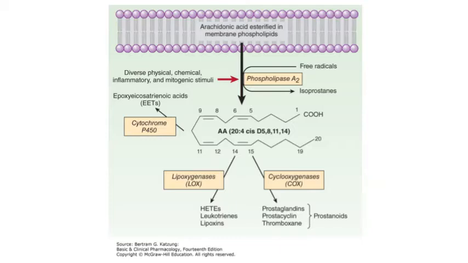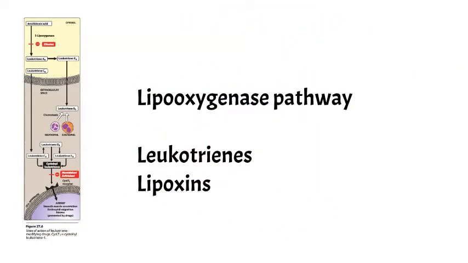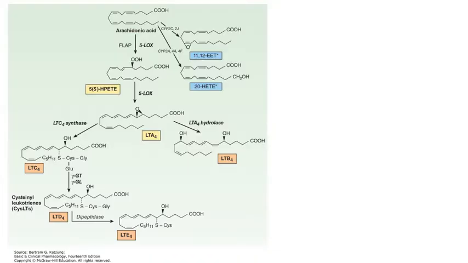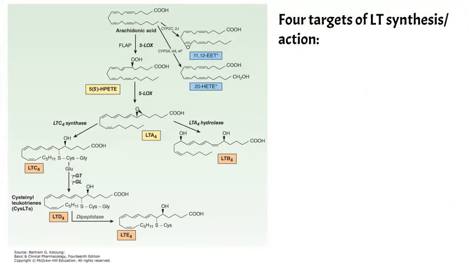Note that LOX and COX compete for the substrates released by PLA2, usually arachidonic acid. The lipoxygenase pathway is responsible for the formation of leukotrienes and lipoxin. Leukotrienes, once known as a slow-reacting substance of anaphylaxis, cause pretty profound bronchoconstriction, white blood cell infiltration, and mast cell degranulation. There are four common pharmacologic targets of significance that decrease leukotriene synthesis or activity, three of which are the mechanisms